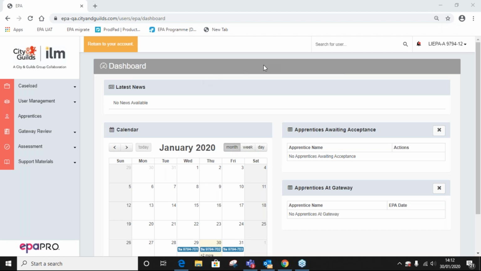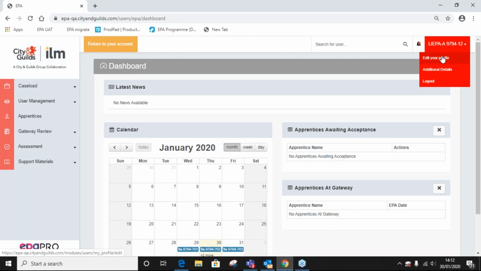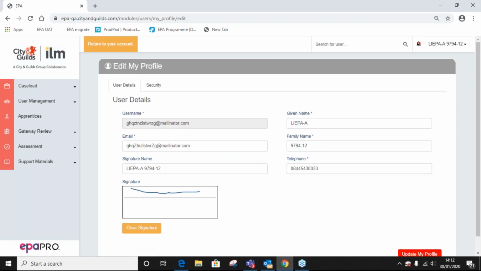On the landing page, you've got a nice little calendar here. And to the right hand side, you have your name. If you click onto that little drop down, you will see an option to select or edit your profile. It's really important at this stage, just for beta, that if there are any changes that you require, such as a name change, you come through to the support email address and we will change that for you.